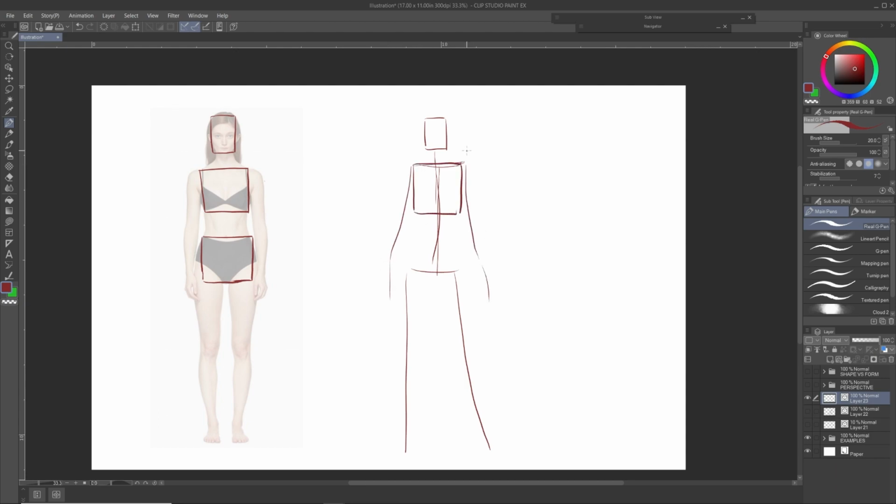Today we are going to talk about proportions. All right, so before we get into proportions, there are a couple things we need to go over first, but